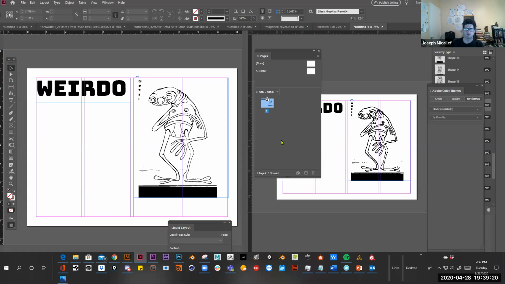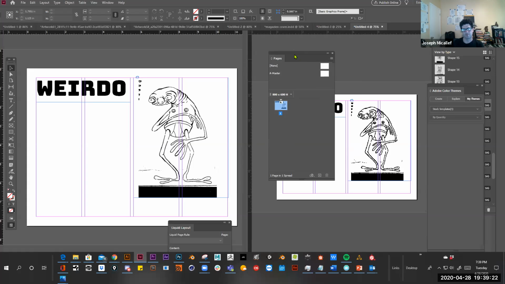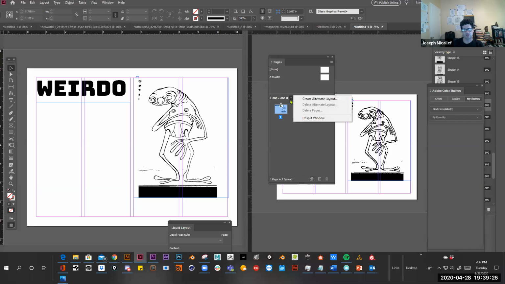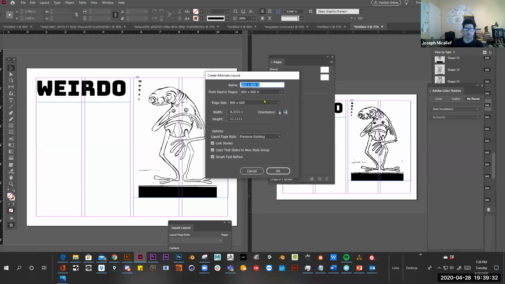So if I go into my pages here, what you can do is you can right click and you can create these alternate layouts. So I have one layout here, but I can create an alternate layout. And that alternate layout can be, you know, different page size. Let's say I wanted to create like a smaller business card based on this layout. So I could go in here and create